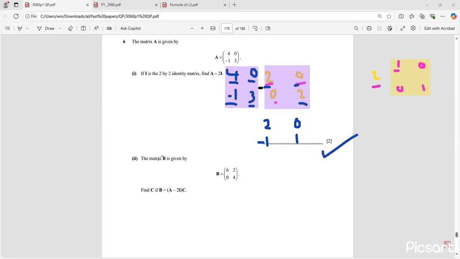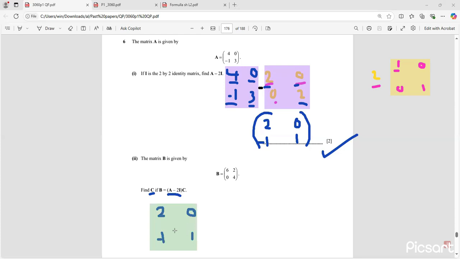And we did it. Okay, the matrix B is given by B equals 6, 2, 0, 4. Find C if B equals the previous question, the same. So we're going to kick this A minus 2 identity and put 2, 0, negative 1, and 1. And here he asks you, because here we need to multiply by C, so he needs the value of C. Okay, so if you need the value of C, the C will be equal to this question,